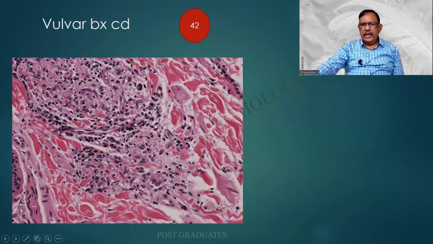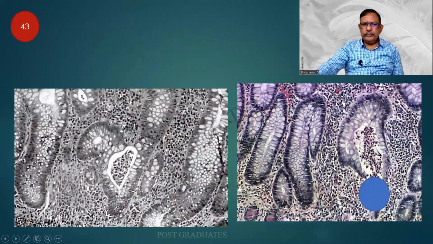As I mentioned earlier, granulomata can be seen elsewhere. This is a vulvar biopsy in the case of Crohn's disease, displaying the epithelioid granuloma. Wonderful diagram. Sometimes black is beautiful. Look at the black and white. I think it is able to give me a better picture of the cryptitis, inflammation of the epithelial cells by the neutrophils, and also the formation of the crypt abscess, which is again made out over here.